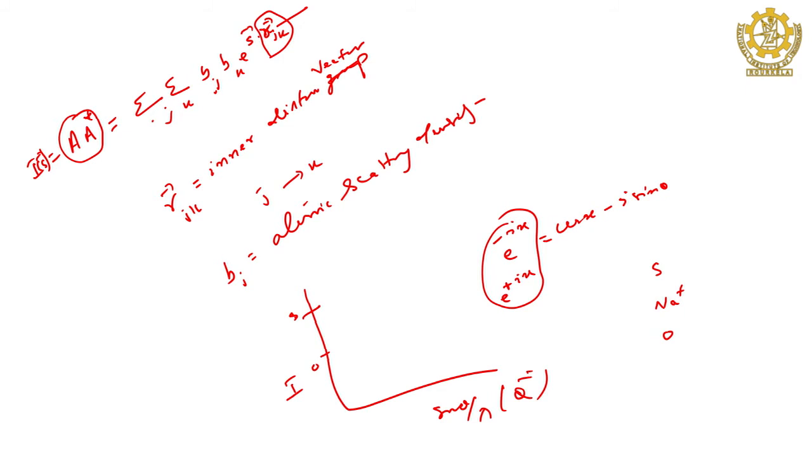Then what is the behavior, how will it vary with the scattering factor? The starting value is known, then what is the behavior of this intensity when the scattering factor is changing, at different 2 theta values? Will it change or remain the same? It will change. Then what is the nature? It will go on decreasing, but again the nature is different for oxygen and sulfur. It is decreasing, exponentially of course.